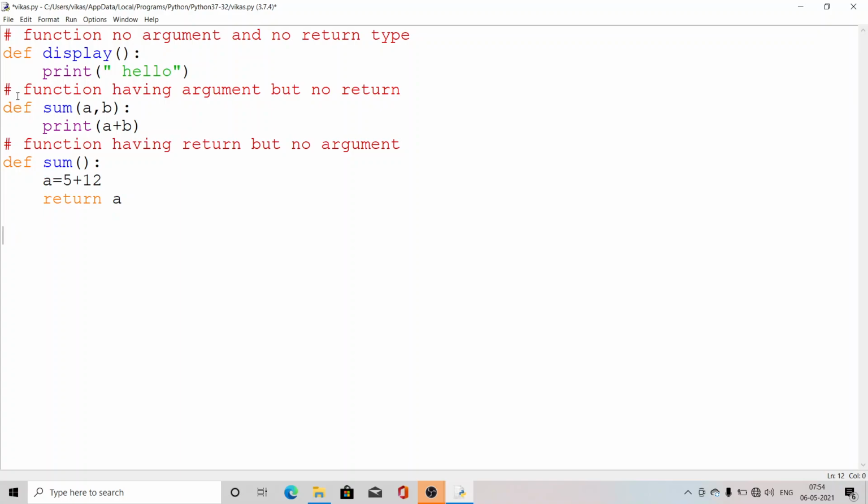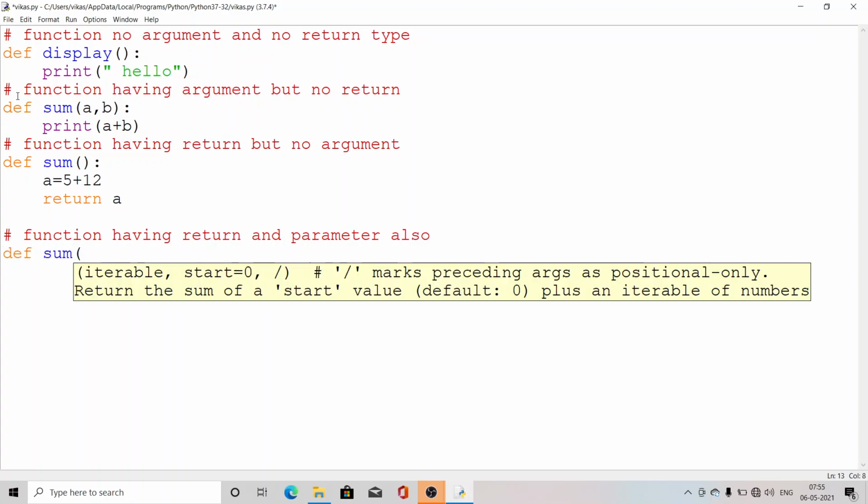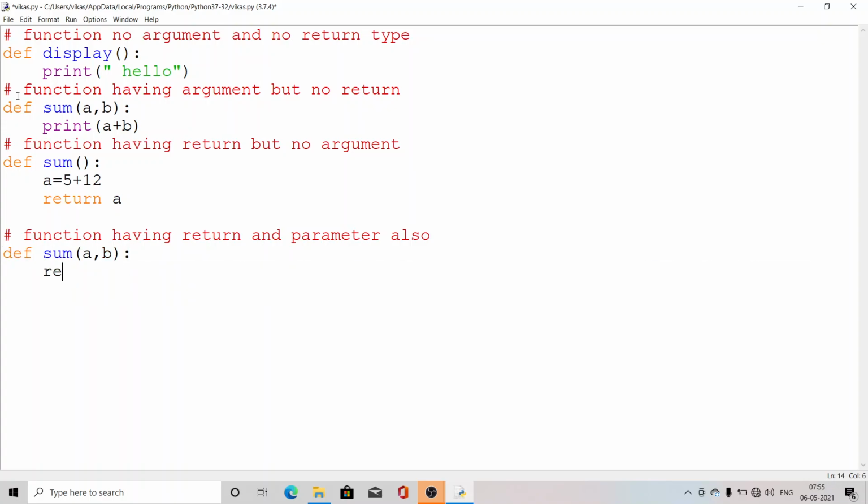Fourth, functions having return also and parameter also. How will we define it: def sum(a, b), and then I will write here return a plus b. So these are the four categories of functions that we will define in our programs.